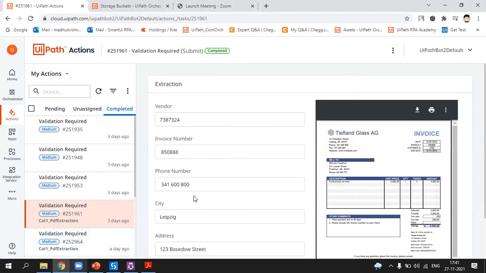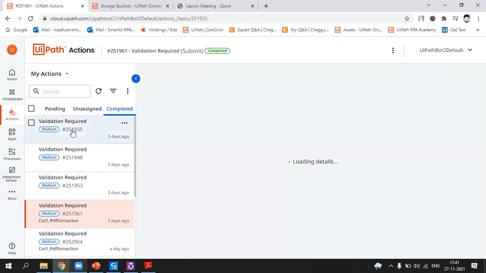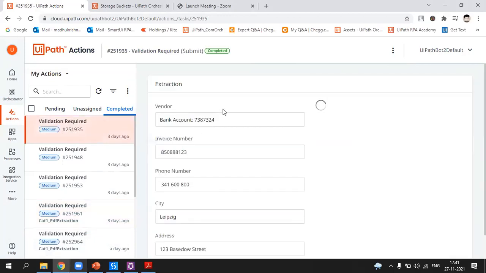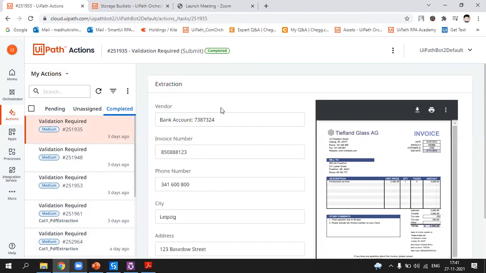Any other questions? So if we have multi-level approval, for example, say one report I have and I want to send to the manager, after the manager approves, it should go to the delivery manager. So that type of multi-approval we can do using form task, right? Multi-level approvals, you can say.